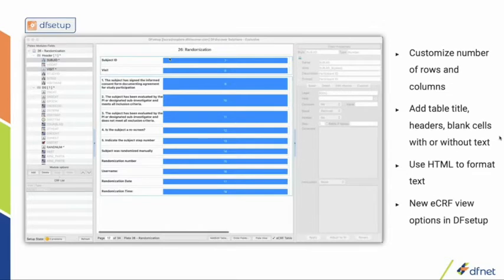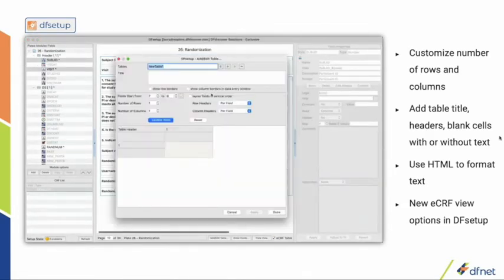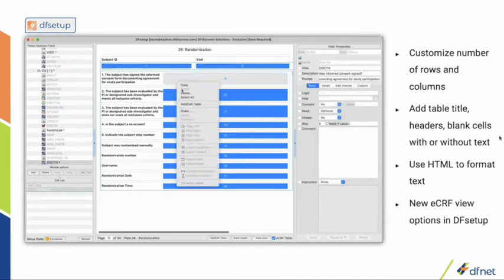So here's an example of how you would design a table within DF Setup. You can select your fields on the setup screen, right click, select add edit table, and that will open up this add edit table dialog. And you can specify which fields you want to include in the table, the number of rows and columns, and you can customize your table title, your headers, and you can just decide which data fields in sequence belong in which fields. And so you can see as you add the tables, it updates the eCRF in the main view,